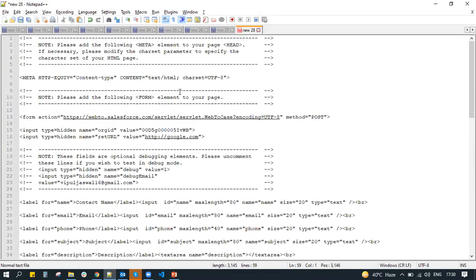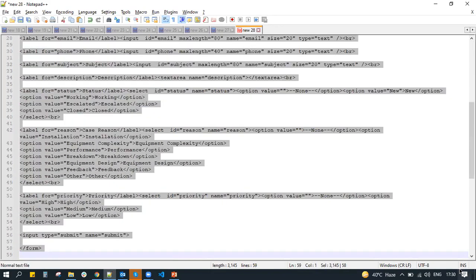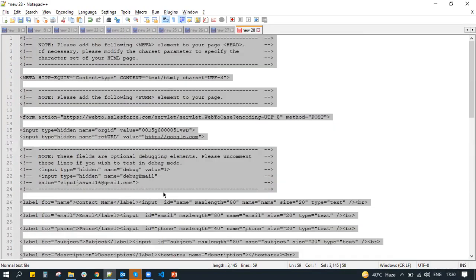Here it is. Now a code has been generated. What we have to do? Just pass this code to your client, and the rest is his part. He has to add this code on his website page. He has to add a page there, and there he can add this particular form.